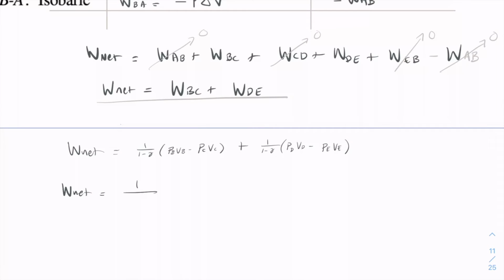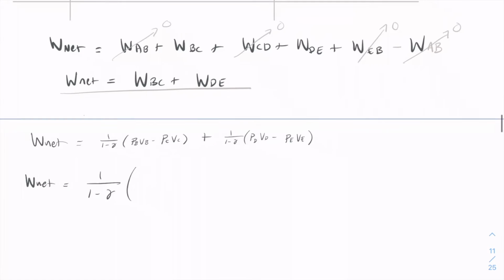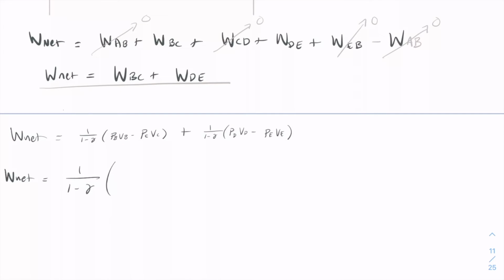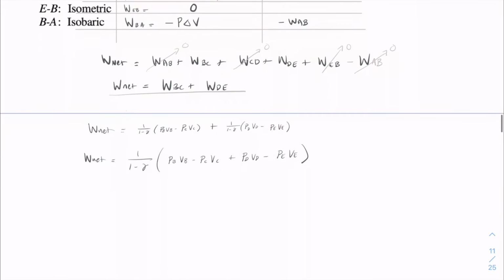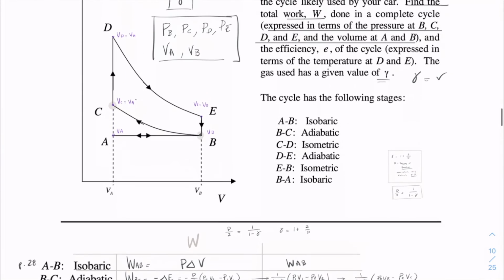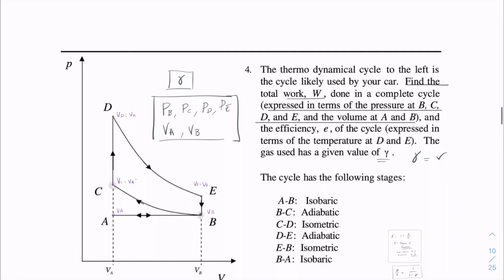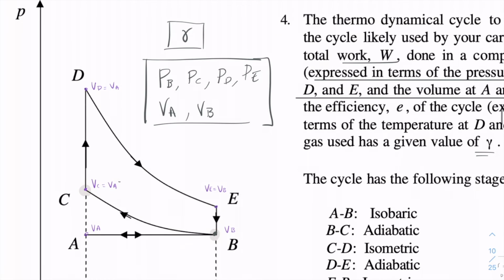So I have W net, 1 over 1 minus this gamma. And because it's multiplied by both terms, I'm just going to pull it to the outside and then group like terms on the inside. Okay, so I have P_B V_B minus P_C V_C plus P_D V_D minus P_E V_E. Okay, so what did the problem tell me that I was allowed to use? What solution form did I have to get this in? Well, I have to have it in terms of these guys here, right? So I can have any subscript for my pressure, but I need everything in terms of V_A and V_B. Okay, so that's going to be